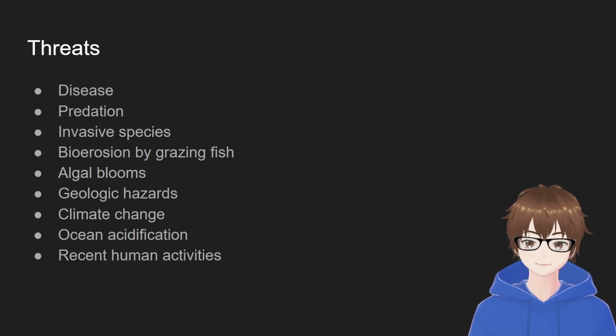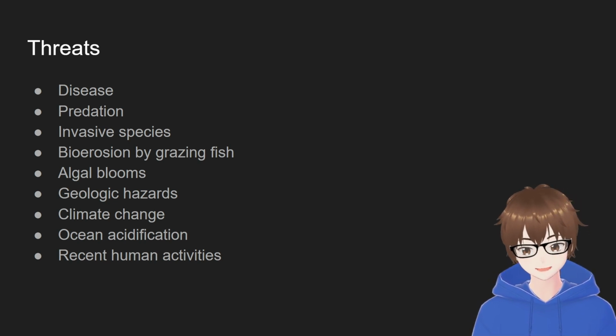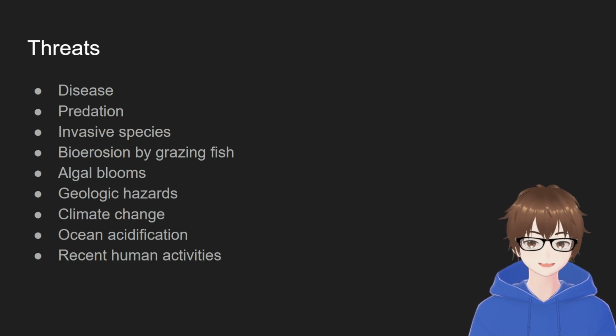So, what are the threats to coral? One is disease. There are quite a few diseases, but most of them are like white band disease. There's also yellow band and black spot disease. They are basically named after what the coral looks like. There might be a white band on the coral, which is white band disease, a black dot, which is black dot disease, and then there's a yellow band,